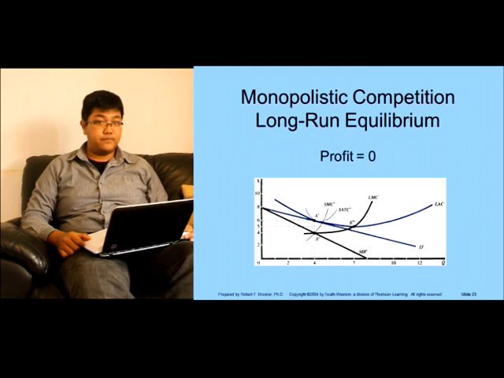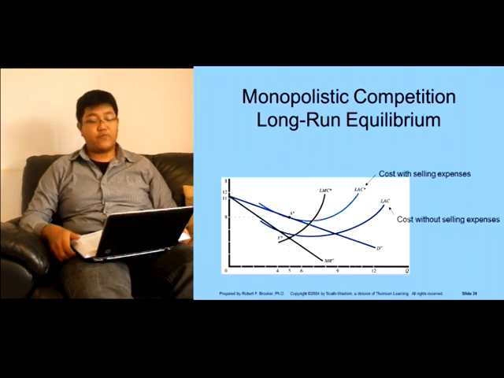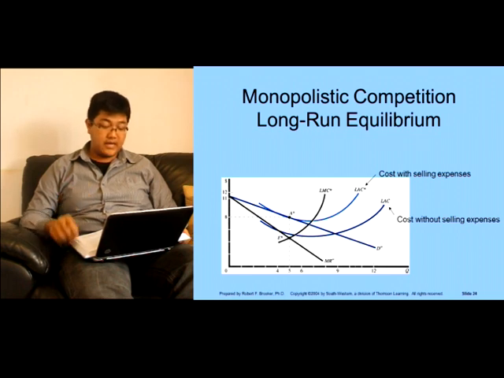In the long-run equilibrium of the monopolistically competitive firm with selling expenses, curves D and MR as well as LAC and LMC are higher than the previous slide because of greater expenses on product variation and selling effort. While these efforts can increase the firm's profits in the short run, in the long run the firm breaks even. This is shown by point A, at which Q is equal to 5 units and P is equal to LAC is $8 and MR is equal to LMC.